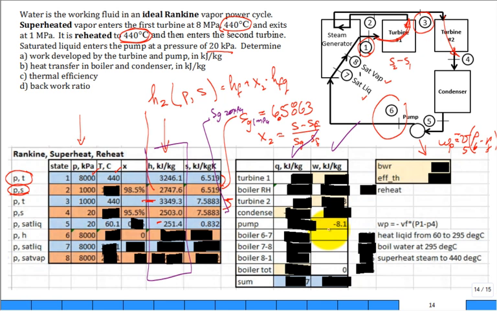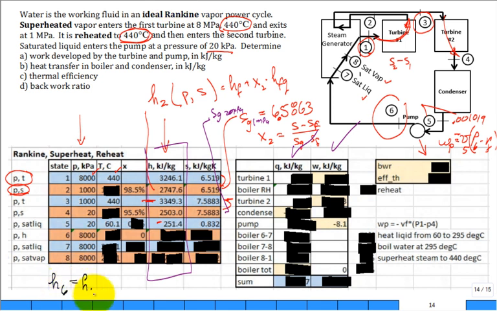The VG, did you use the VG for? No, V5 is V sub F at the 20 kilopascal, the saturated liquid. So that value is like 0.001019 or something. We looked that up earlier, didn't we? Yeah. Okay. So that then, once I have the work of the pump, then the enthalpy at state 6 is